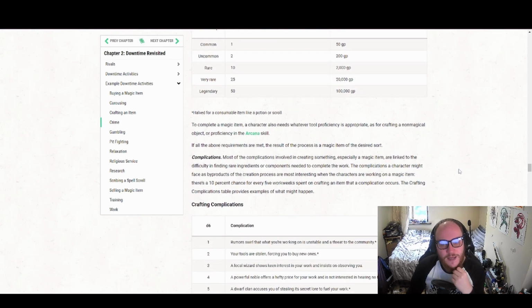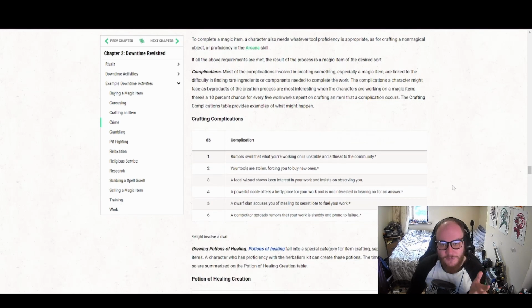Now, creating them, you don't just create them. Once you have all the fireball and stuff fulfilled, and you have the required gold and work weeks, it's not as simple as bang bang bang, you're done, you've created the magic item, you can put down your hammer and your tools and whatever else. When you're creating a magic item, there can be complications, and while it can be a bit nerve-wracking if you're the one creating the magic item,